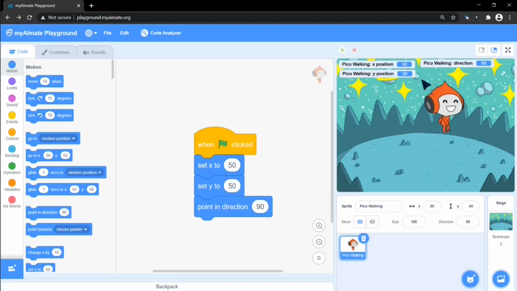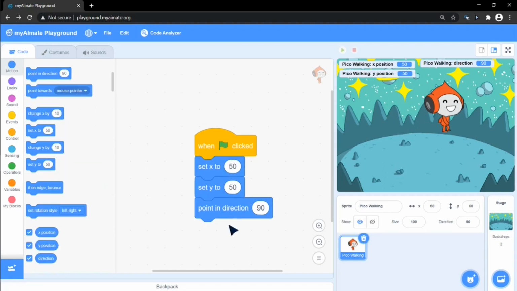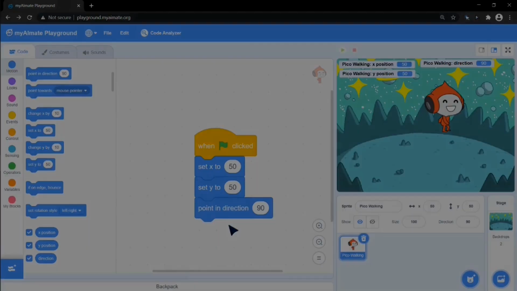As you can see, when we set x and y to different coordinates, the info on the screen also changes. These checkboxes are helpful for knowing the x and y position of our sprite and also the walking direction of our sprite. With this, we have completed all the code blocks present in the motion palette, and now we can move forward and design a cool animation with the information we have learned so far.